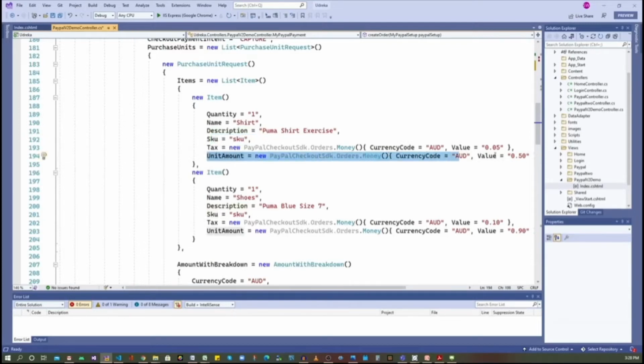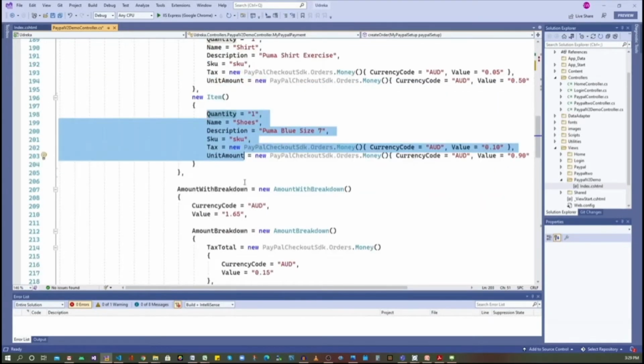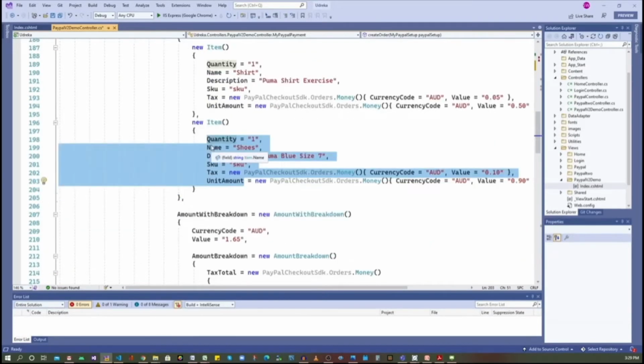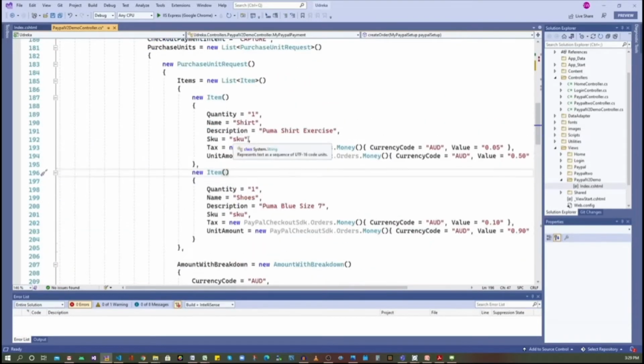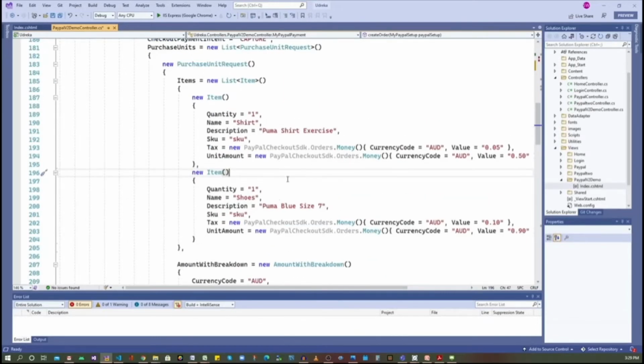Then the amount you're selling the item for, the currency, and tax on the item. Now this purely depends upon what your shopping model is, what your shopping cart is, so I will not go into much detail over here. Similarly, the other item. Add as many items as you want. Ideally this part of the code will be dynamic. It won't be hard coded as you see.